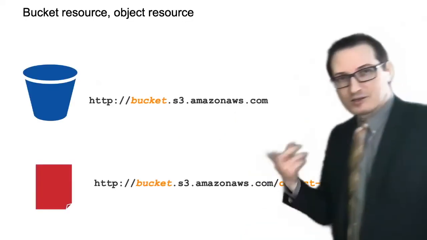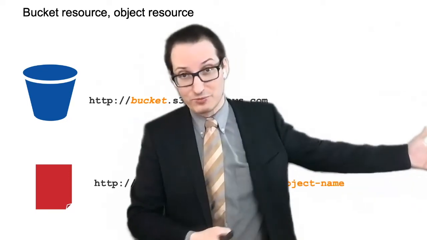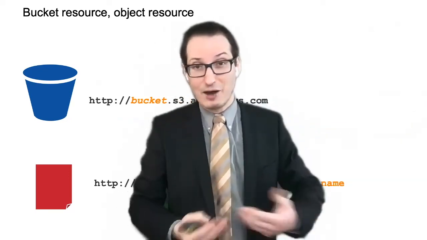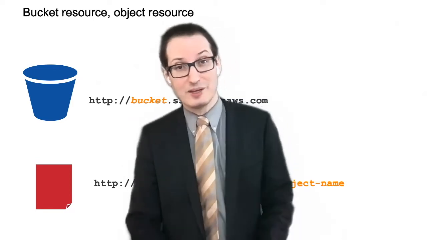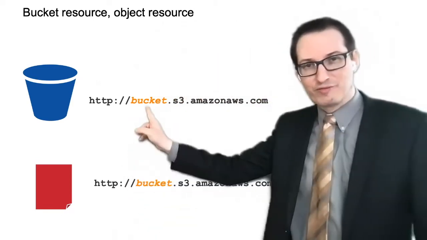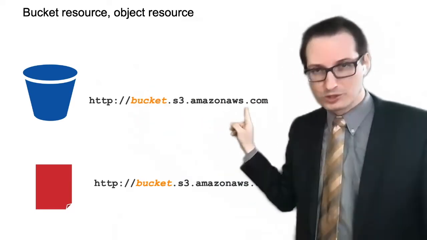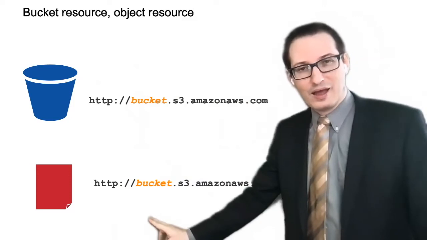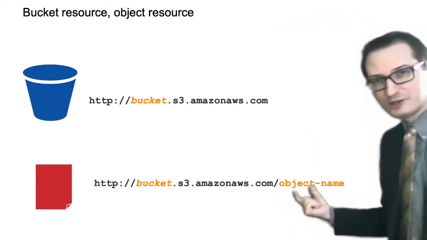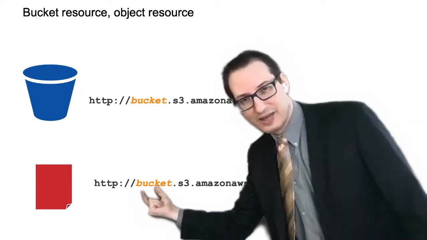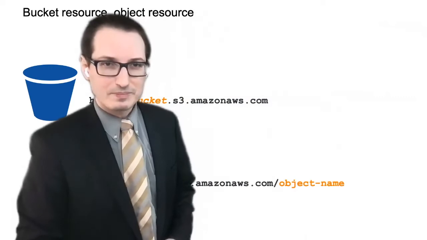Okay, so now that we have that, what does it mean? Well, now the objects and the buckets, for example, with S3, can be identified with such URIs, right? This is how the REST API works. For example, you might have the bucket with whatever name the bucket has, .s3.amazonaws.com, that's the domain of Amazon. And an object is the same thing, slash the name of the object. So in orange here, you need to replace with the name of the bucket, the ID of the bucket, and the ID of the object. So these are your resources.